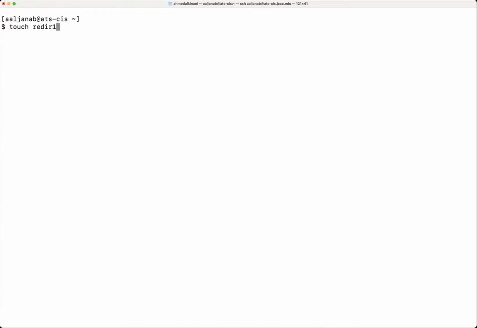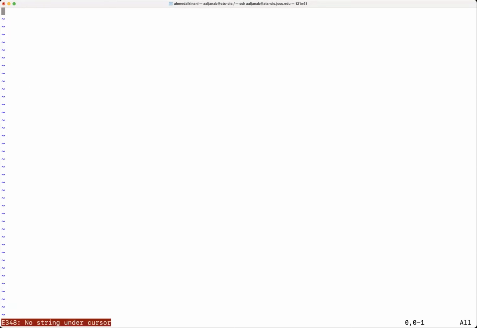Let's call this one 1.sh, and let's chmod, and we'll go user plus x so I can execute it, and it's called redirect.sh. And now change directory to the main, and then vim, and then we're talking about redirect, and we start with,